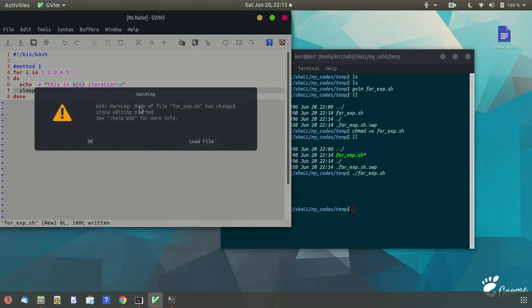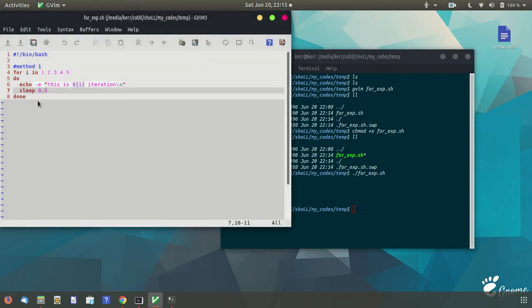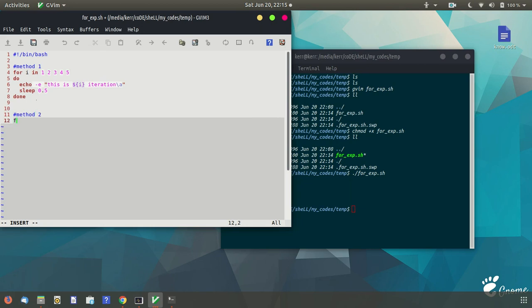And there is a second method by which I can implement the for loop. So let's go for that. Here, for I in, I will define the range of this variable I within curly brackets like this. I will run from the value 1 up to the value 10.